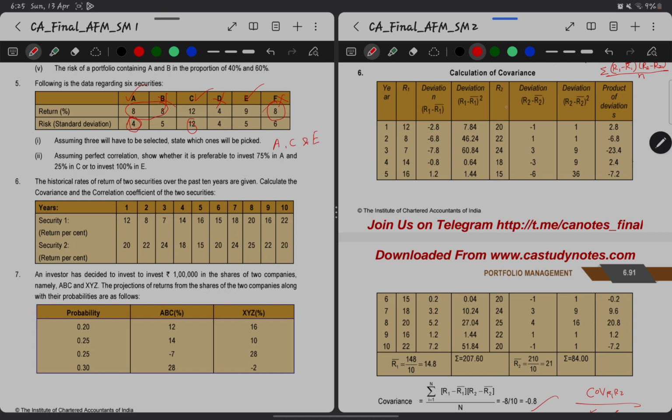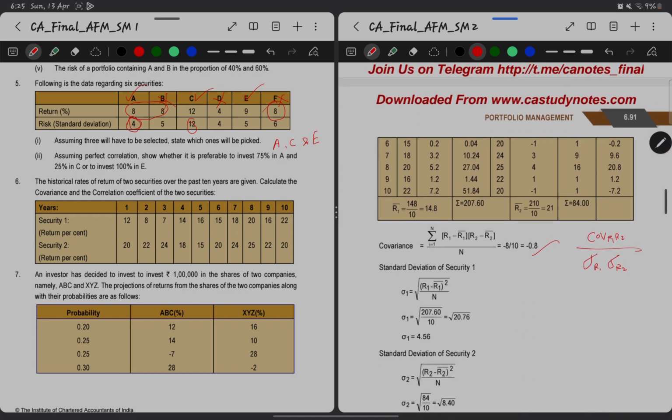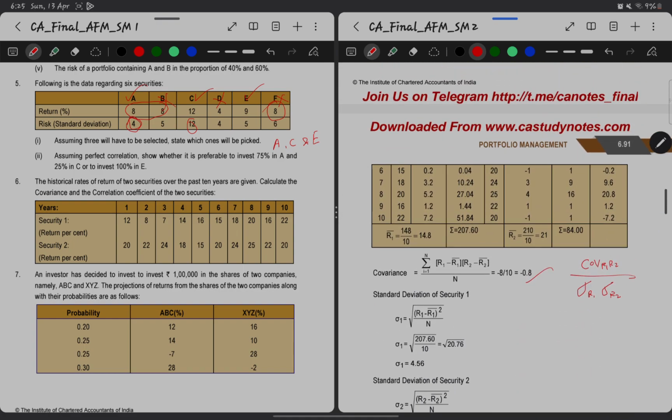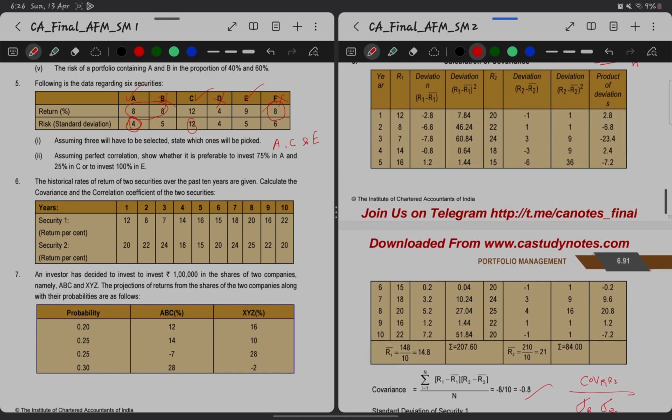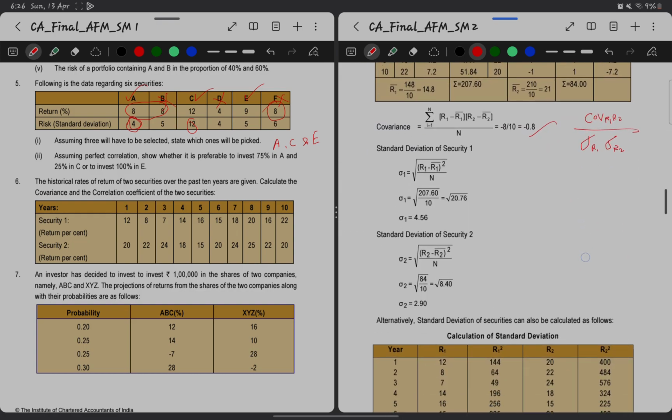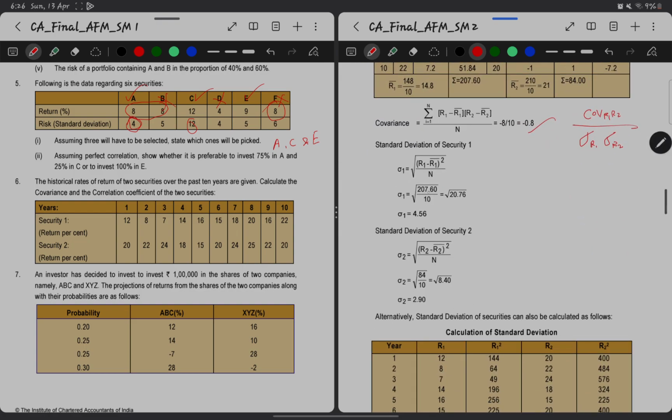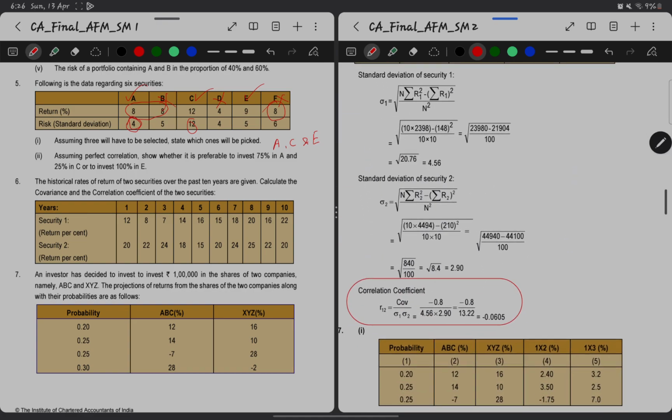So the square of deviations divided by the number will give us the variance. Root of the variance will give us the standard deviation. For security 1 the standard deviation is 4.56 and for security 2 the standard deviation is 2.9, and applying in